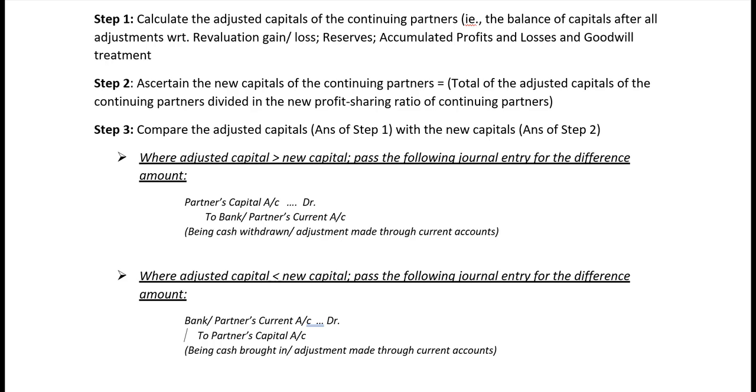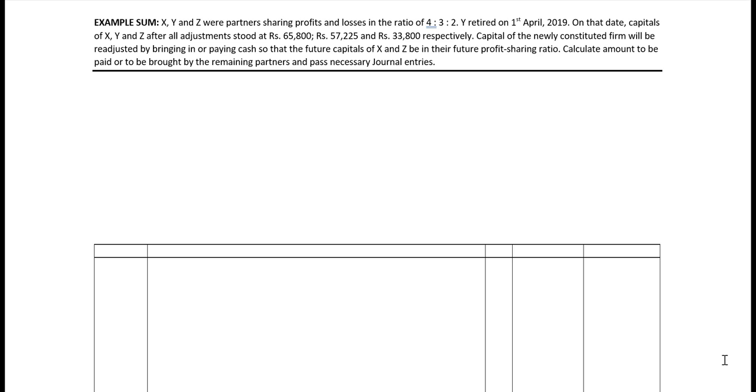We will continue with a very small example sum which will help us learn the concept better. Example sum. X, Y and Z were partners sharing profits and losses in the ratio of 4:3:2. Y retired on 1st April 2019. On that date, the capitals of X, Y and Z after all adjustments stood at rupees 65,800, rupees 57,225 and rupees